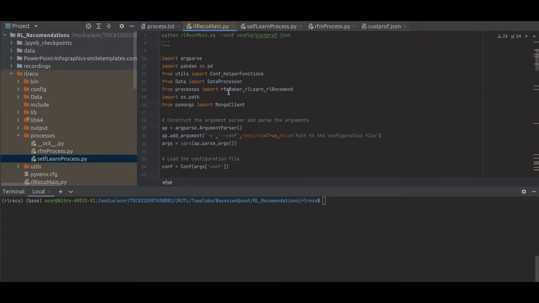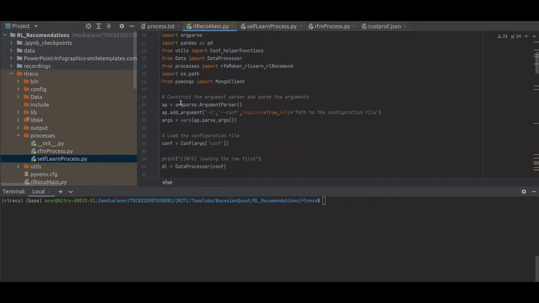These are your three important processes for building the recommendation systems. And then obviously the last two are your Mongo client. These are the imports which we make.